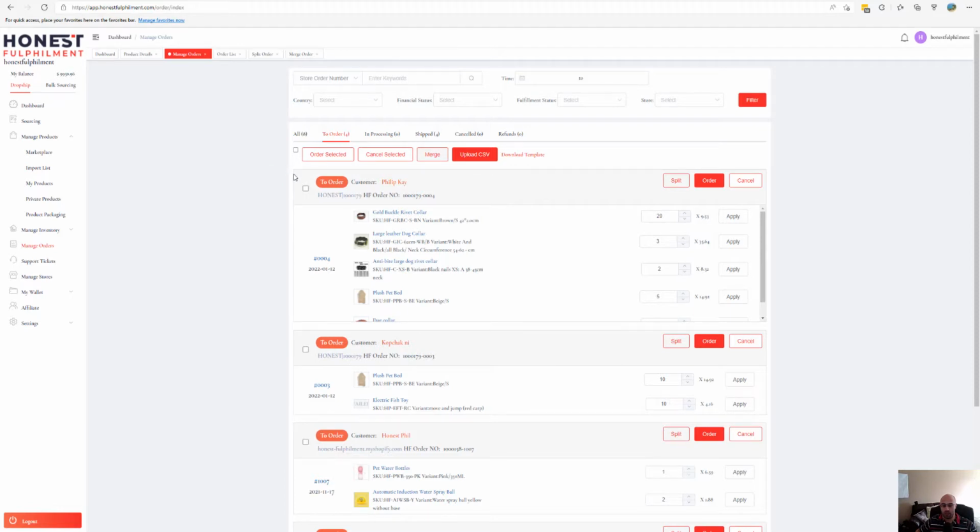Don't worry too much though, because even if you don't merge them together, once the orders are pushed through to our backend system, our backend system will automatically merge them. So it's not the end of the world if you miss it, but the main thing here is that if you merge the orders, you're going to be saving on the fixed fee, or what they call the